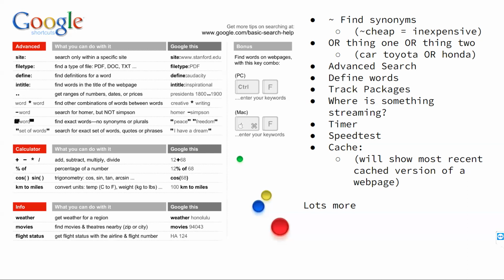The next thing, someone emailed Mary before the class and wanted to know how to define words. Google's very useful for that. If you just type in define and then the word you want to define, the first result will define the word. And what I personally like is it has a little button there that you can click on, and then it will pronounce the word for you.